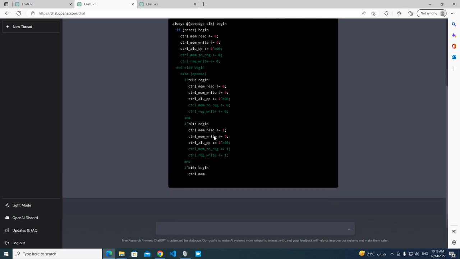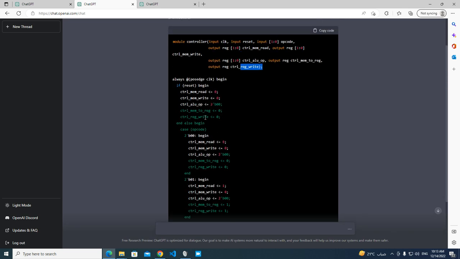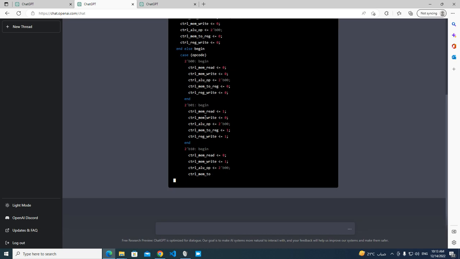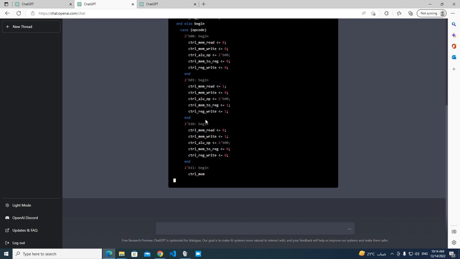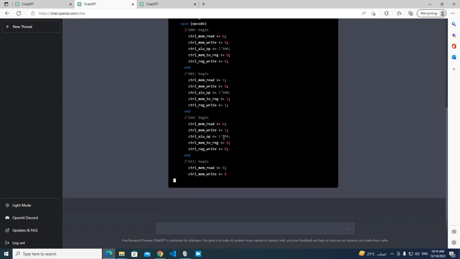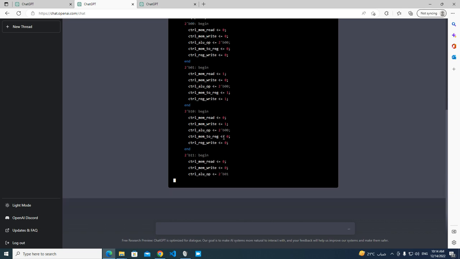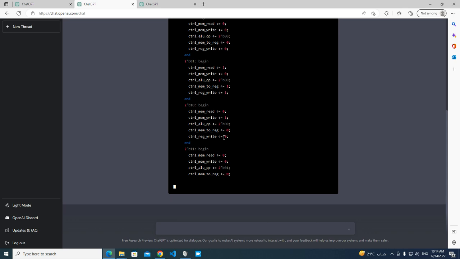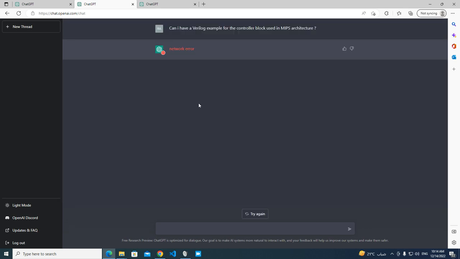It's completely combinational, so I think this can't be used in a pipelined architecture. But as you can see, it's a really good starting point. And actually, right up till now, no network error has happened. That's good. So, as you can see, it can really give you a really good starting point.